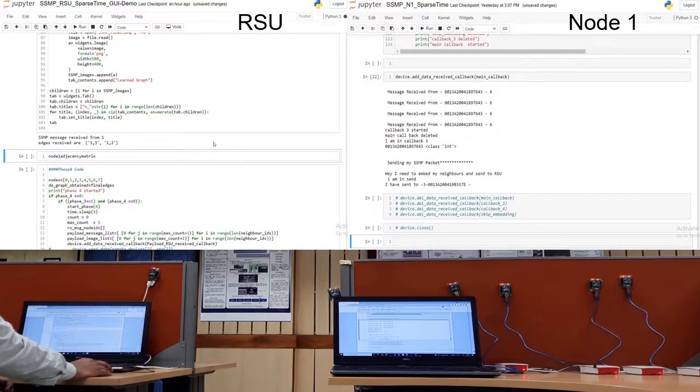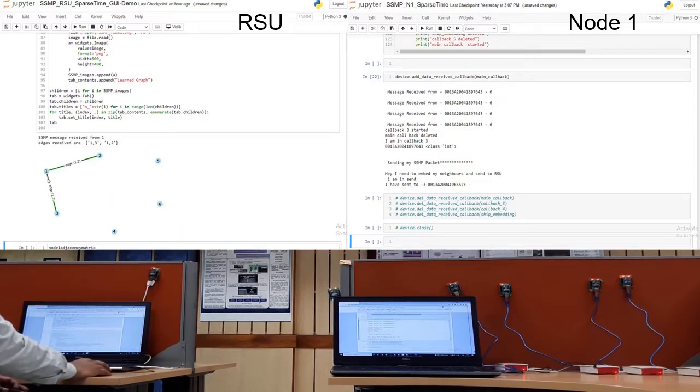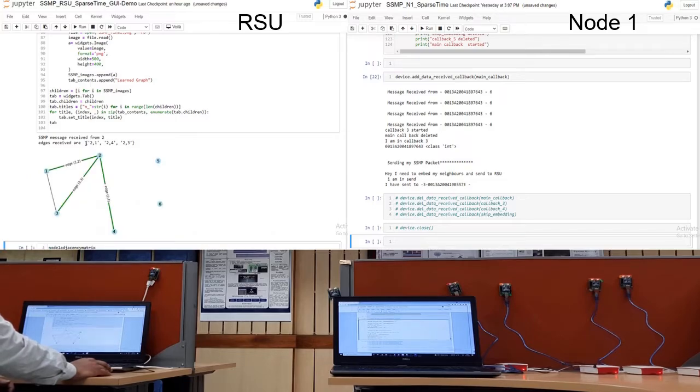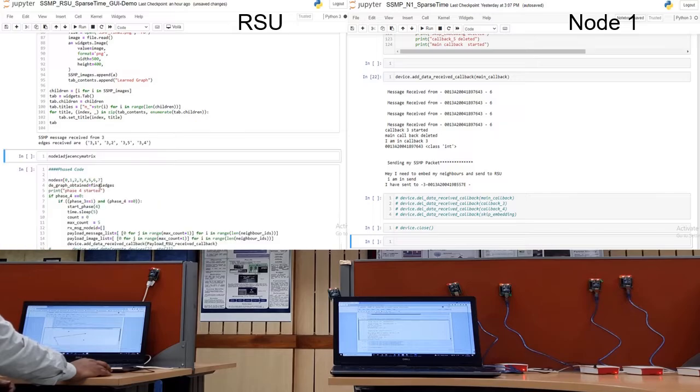We have received the neighbors information from node 1. Node 1 has sent its neighbor edges. Now we have received the information from node 2. Node 2 has conveyed its neighbor information to RSU. Now we have received the information from node 3.